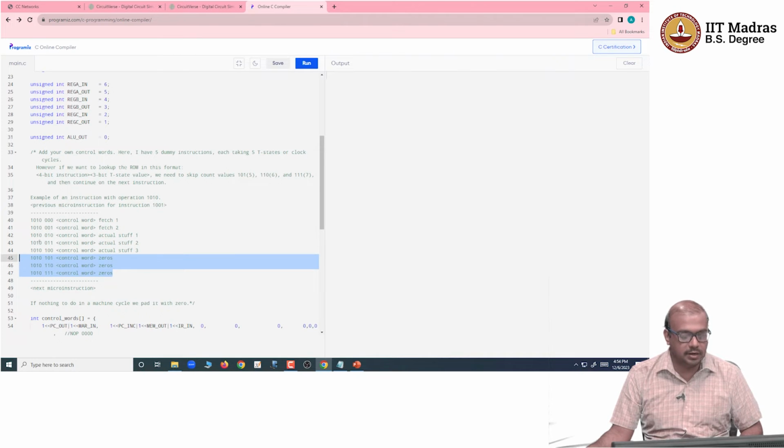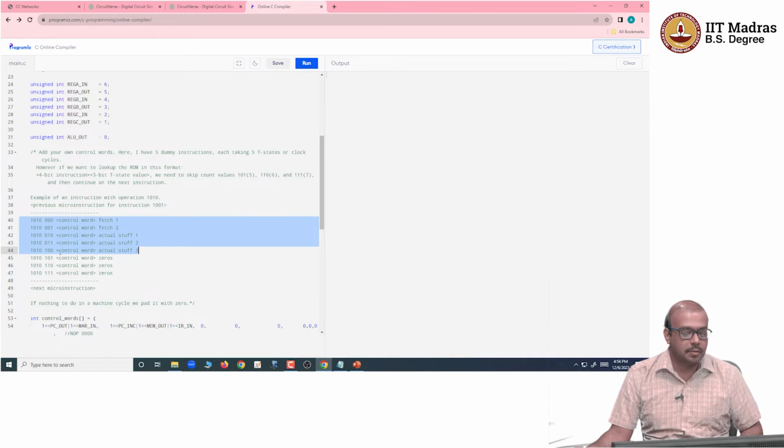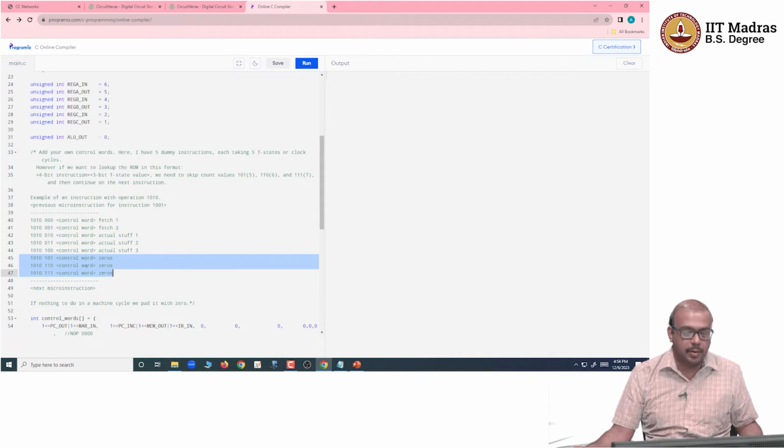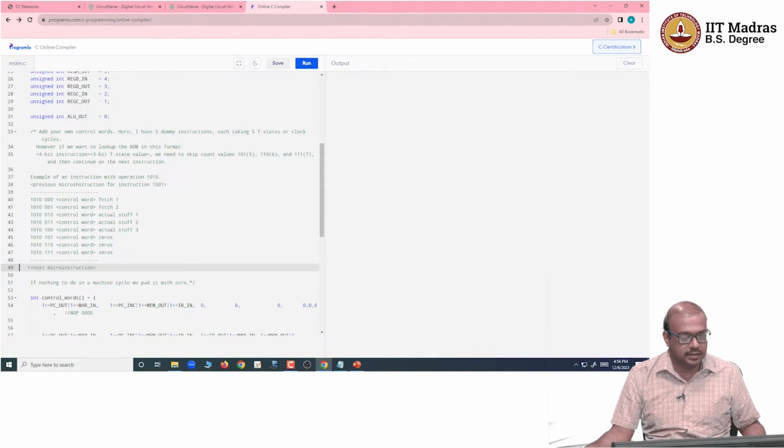It's not strictly necessary, given that your T state counter or ring counter is going to go back to the 0th state. It counts from 0, 1, 2, 3, 4, and after that it does not go to 5, it goes to 0 again, right? So your ring counter might simply cycle through only these states, but you cannot start putting the next micro instruction from this place, because this address will not align with your instruction comma T state value logic. So you have to skip them, and then start the next micro instruction for the instruction